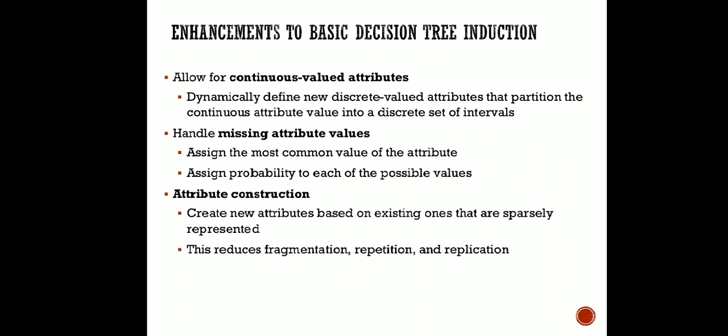So what we are going to do, instead of stopping the building of my model there, is find out the value whose frequency of occurrence is highest in the data set, and put that value in the missing attribute value. Other is attribute construction. Here we can create new attributes based on the existing ones. If we can come up with a new attribute using my original data, it may reduce repetition and replication.